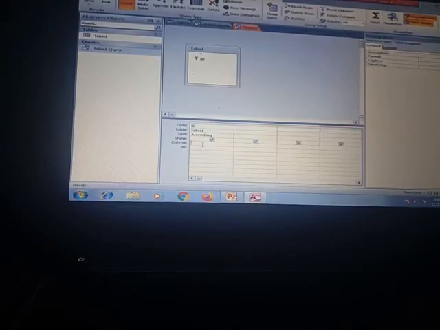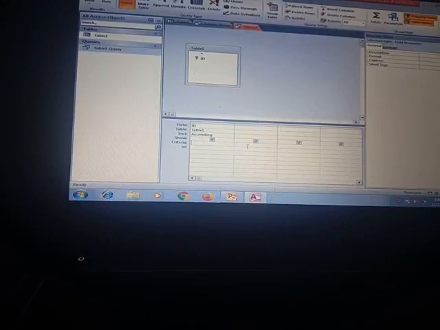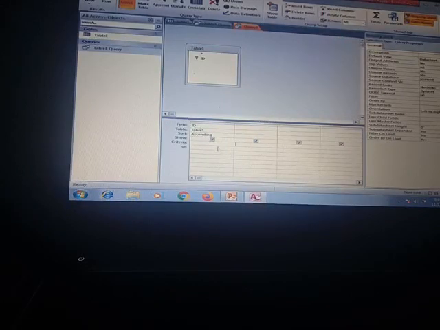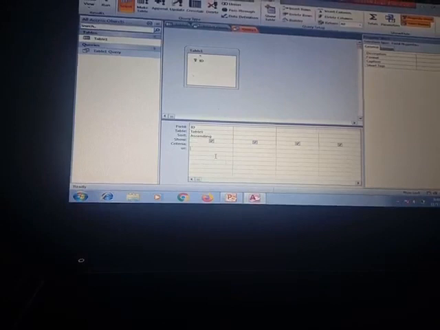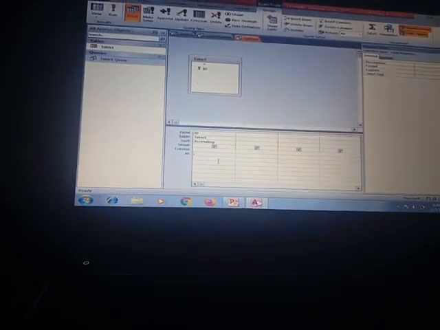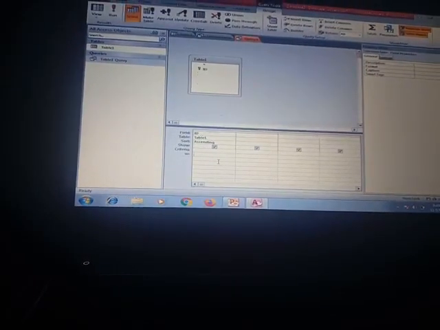Here in the first column we can give the criteria, and similarly in the second column for multiple criteria. And there is also the or option. If we want criteria in the same column, first we can give the criteria here and then in the or option. This is how we will do the criteria and we can make our query.